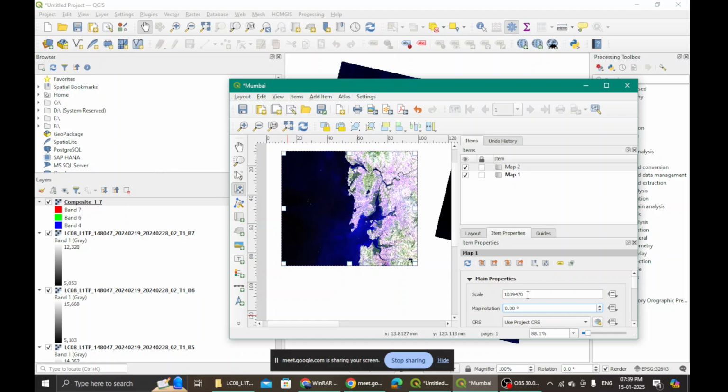Let me also bring a pen. Okay, so I have a pen and a paper. I'm just writing down this scale because I want the same scale to be applicable. 1039470, your unique value also you note it down. How many of you could do this? Come and drop a Y so that I know that you could do this. If you're stuck somewhere, you have to tell me.